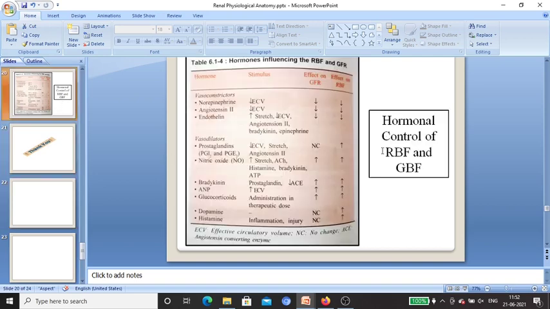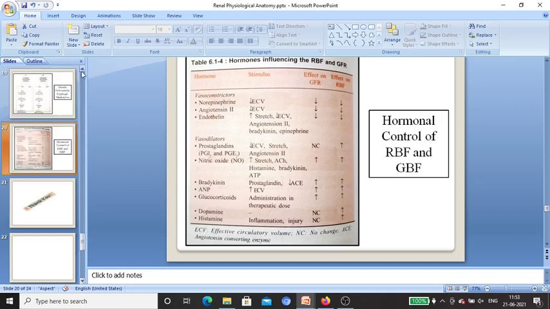Likewise, there is nervous regulation also. There is sympathetic supply to the afferent and efferent arteriole from T4 to L2 intervertebral level or spinal cord segment. So this splanchnic supply can control the diameter of the afferent and efferent arteriole, and in that fashion they control the blood supply to the kidney.